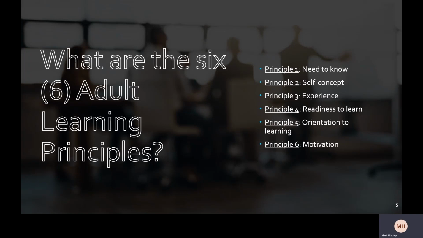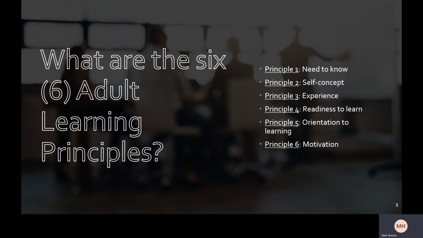So principle 1, we're going to look at the need to know. Adult learners need to know. They have a desire to know. Principle 2, self-concept. So for adult learners, they know themselves. They know their wants, they know their needs. And they're willing to put that, for the most part, on the table to advance their learning so they can move into real-world settings, either to generate income or to move towards their career passion.